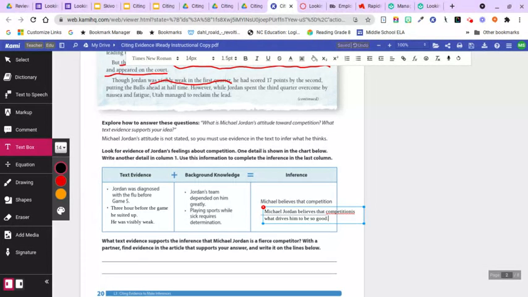How about that? Competition is what drives him to be so good. Okay? Competition is important. Without being competitive, he wouldn't be as good as he is. Most people would have just said, "Oh, I'm sick. I have the flu." There was another great basketball player in the 70s, played for the New York Knicks, and he was their center, and he broke his leg in the first half of the game. But again, it was an important game.